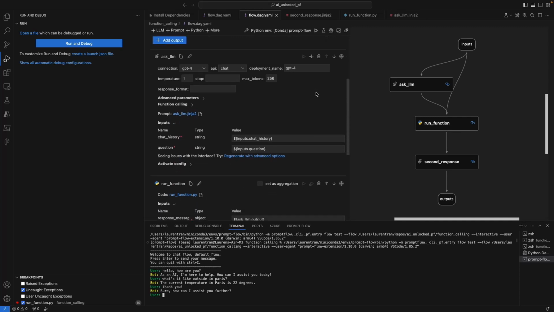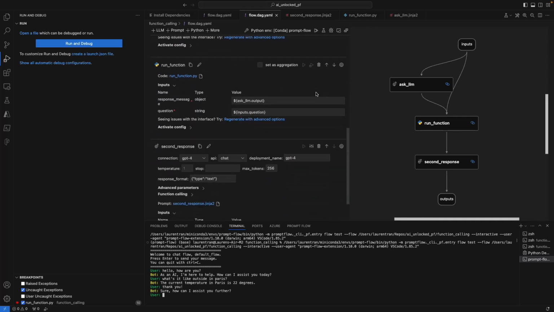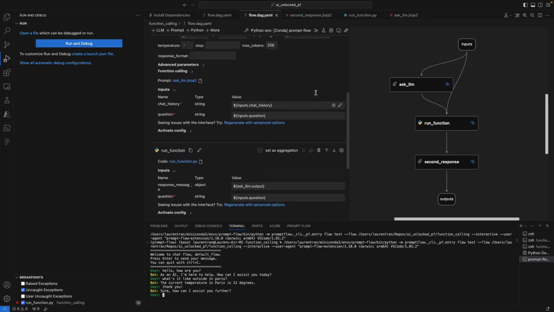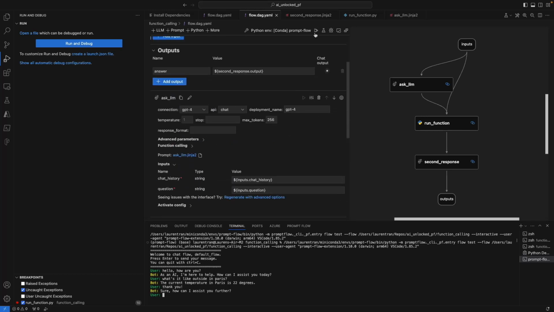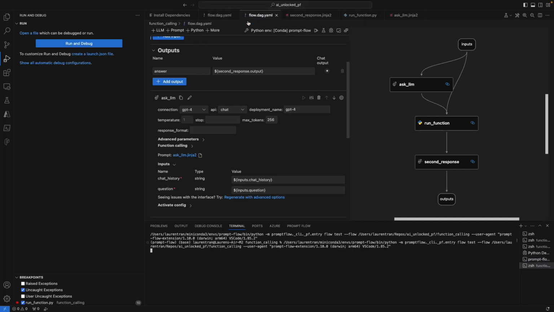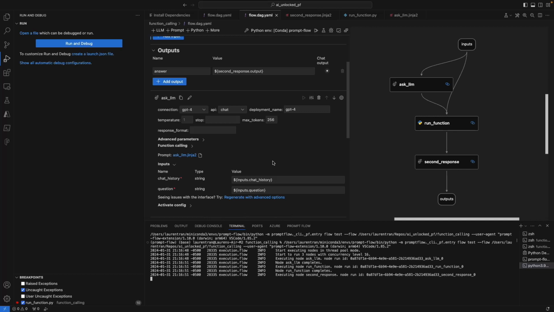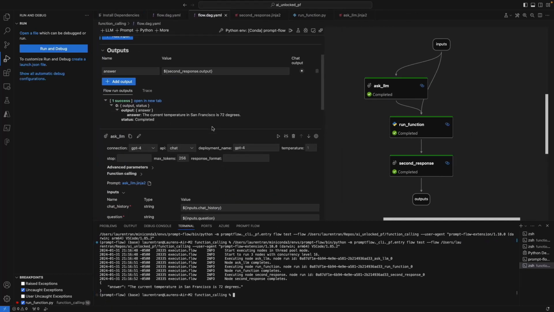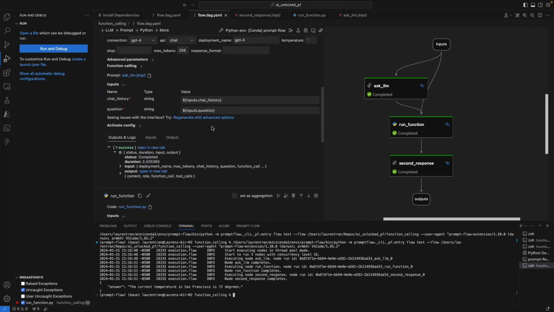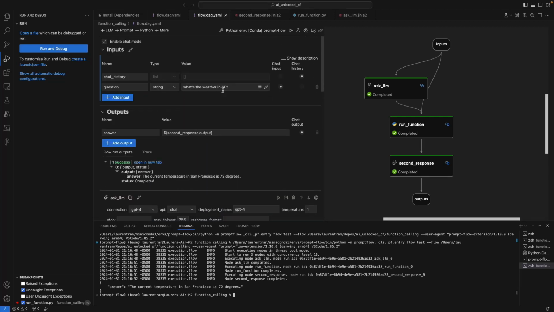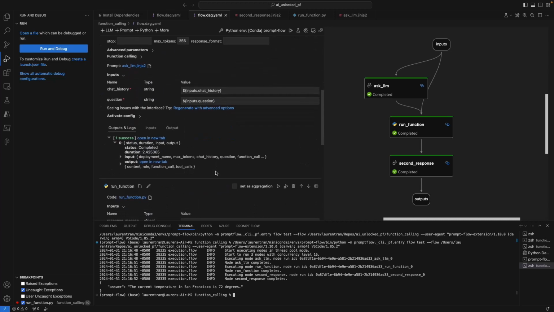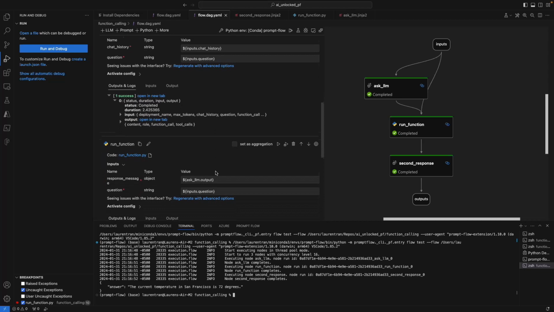I also want to show you one more test here. And what we'll do is we will go ahead and click on run again. We'll do this in standard mode so you can see some of the outputs. So running the question again about what's the weather in San Francisco, and we'll see that up at the top. We can scroll down and look at the outputs for each of our nodes here,